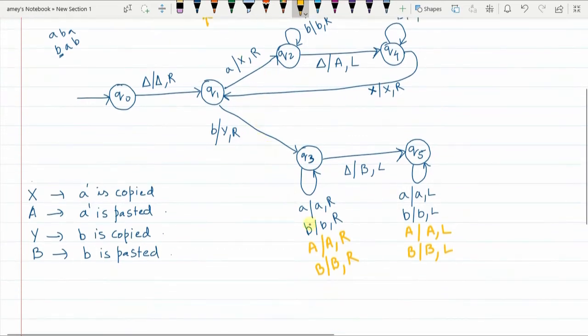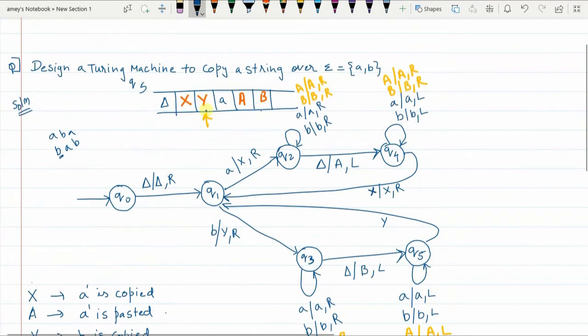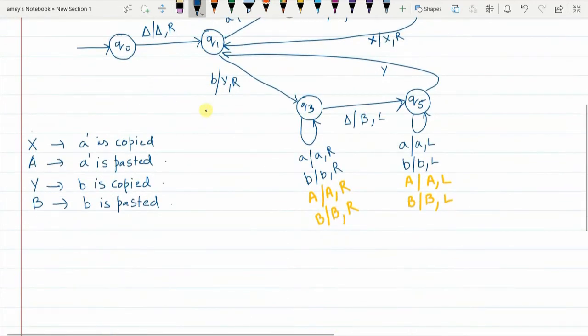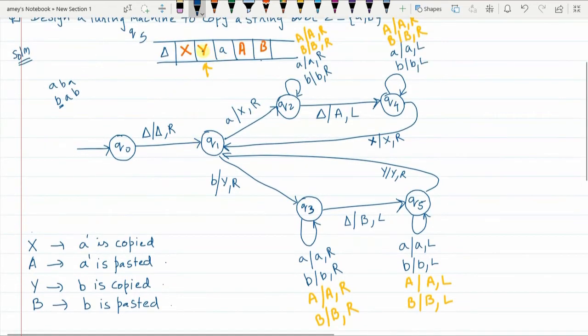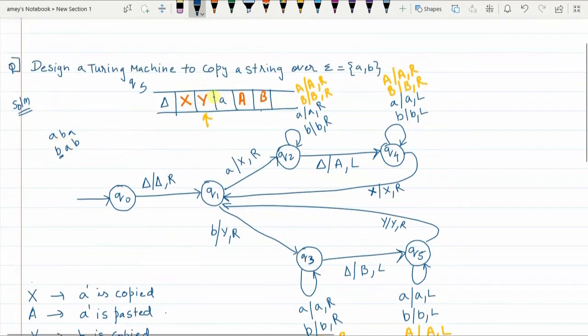Okay, so in Q5 state, I say if Y is encountered, like in my case over here, replace Y by itself and the pointer is moved to the right. Now always you will find Y here? No, because it just depends on what kind of string it is. It could so happen that in place of Y you may also find X. It could be X or Y.